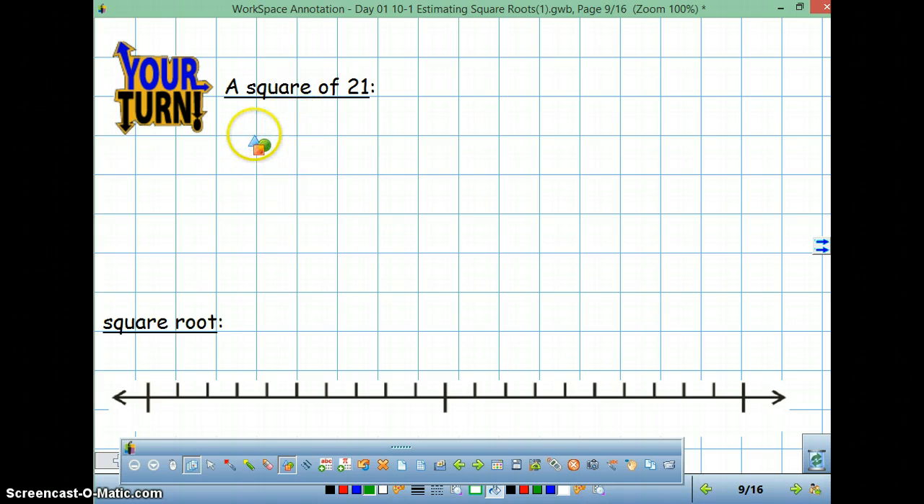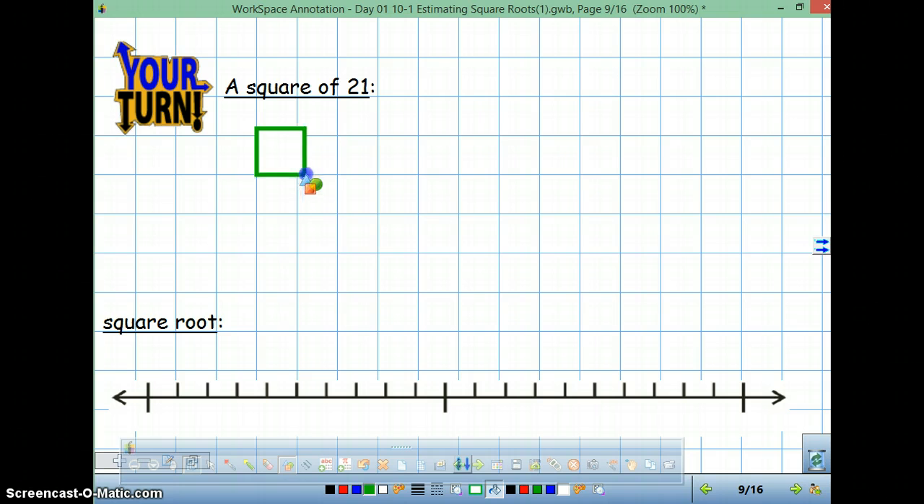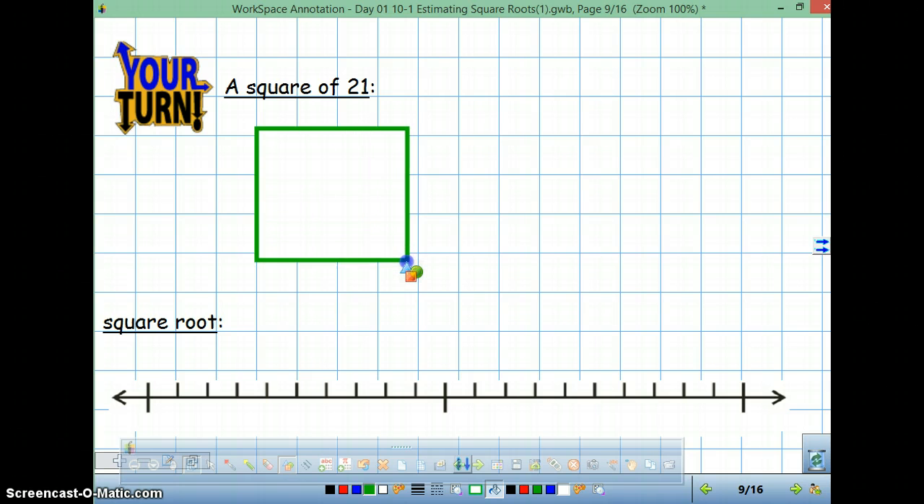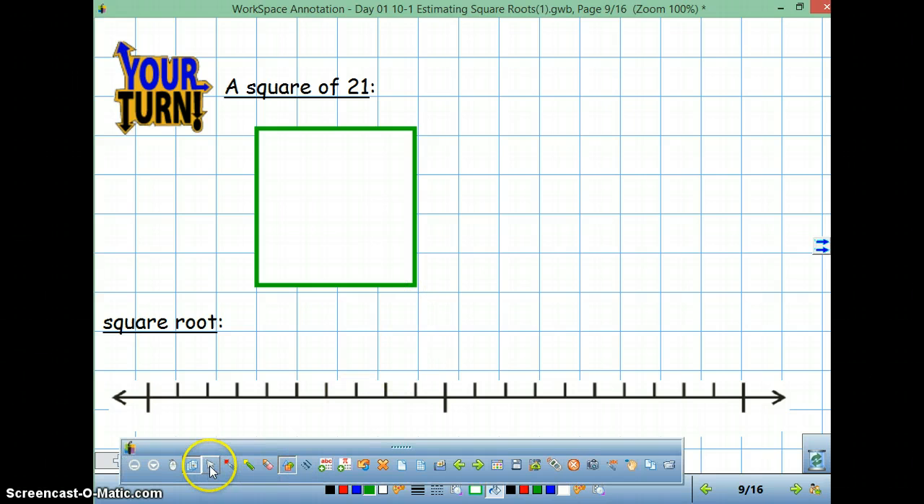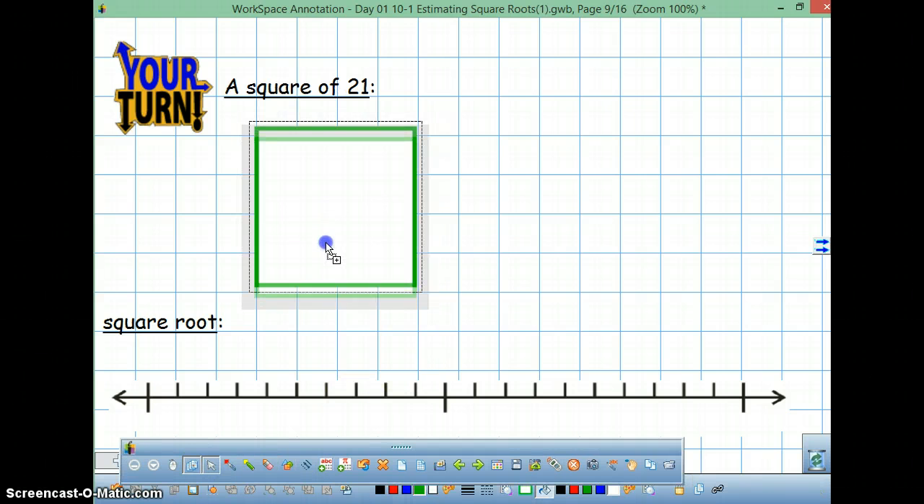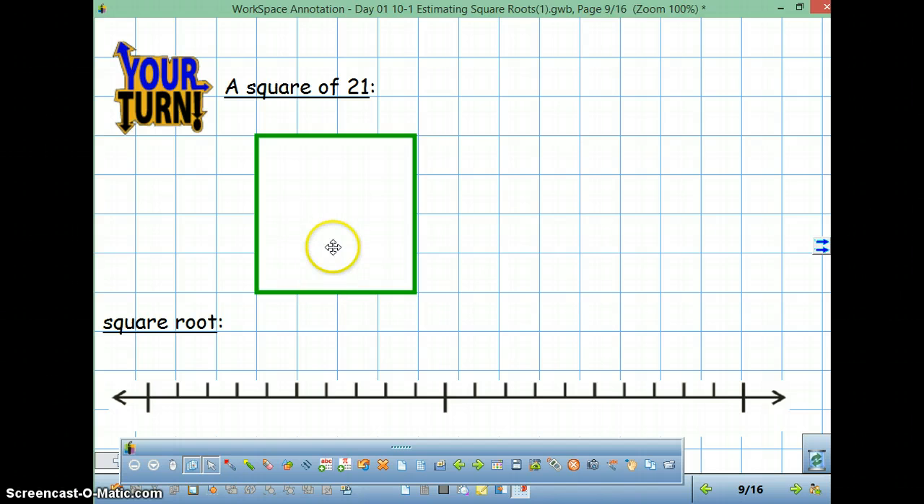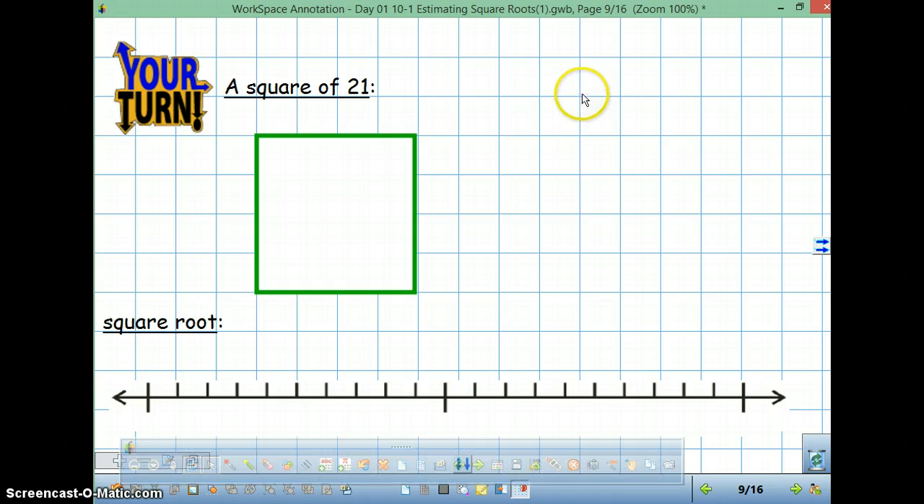First, I would say on one side, I know that 16, see if I can get that to be pretty perfect. 16 is a perfect square, and the square root is 4. On the other side, I've got,